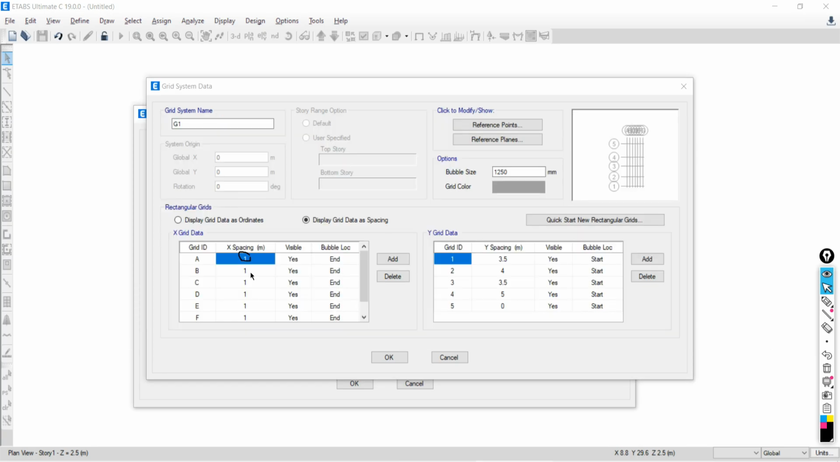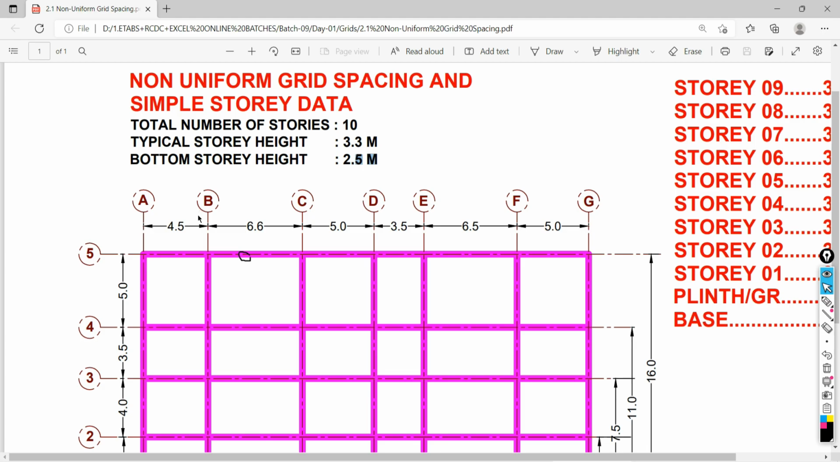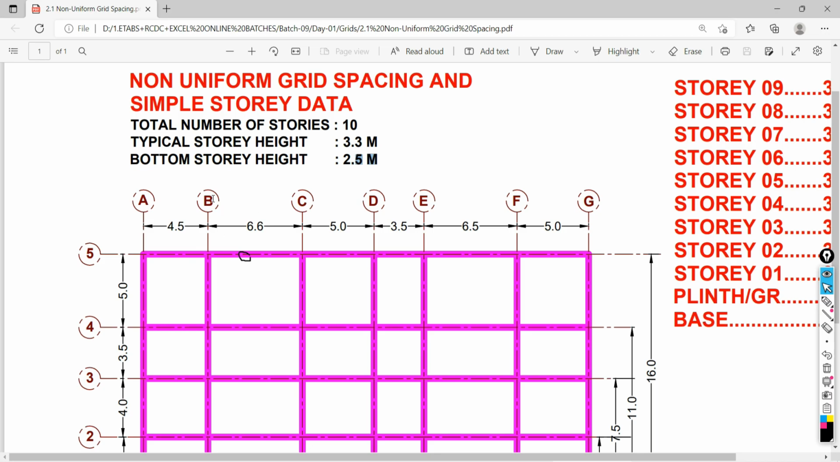You have to put what? A to B, in reference of A, how much is it? 4.5. Good. Put it as 4.5. B to C in reference of B,